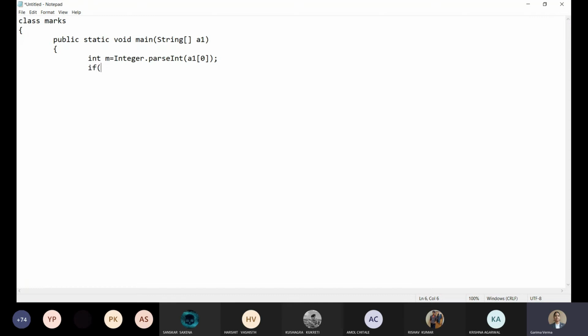So my first condition is if m is less than 30, then I should get a message, System.out.println, and then I'm applying else if m is greater than equals to 30 and m is less than say 50.